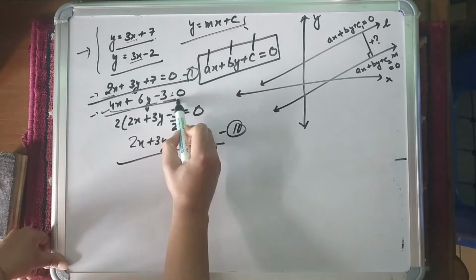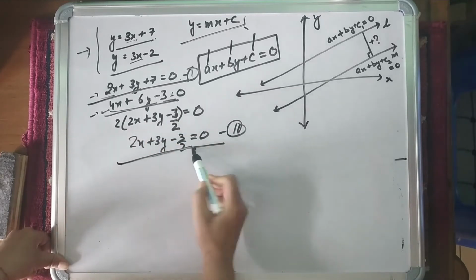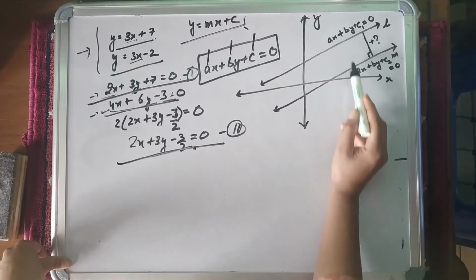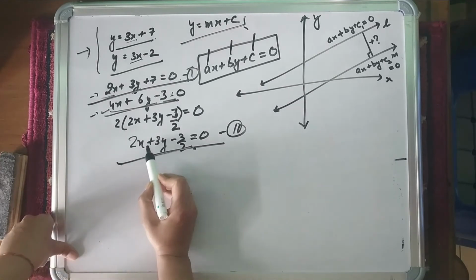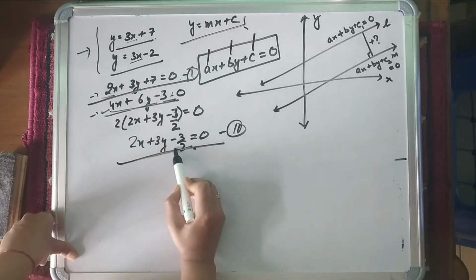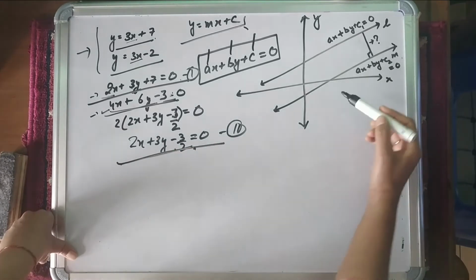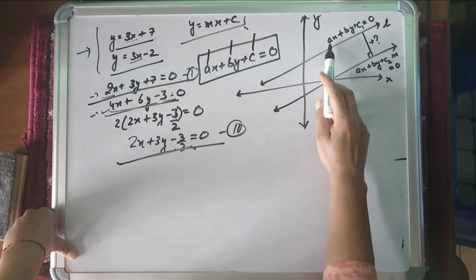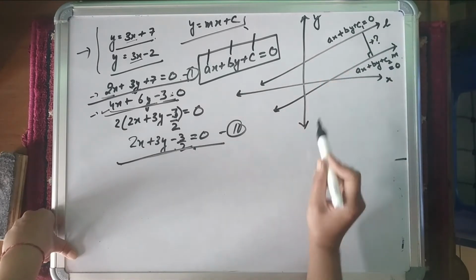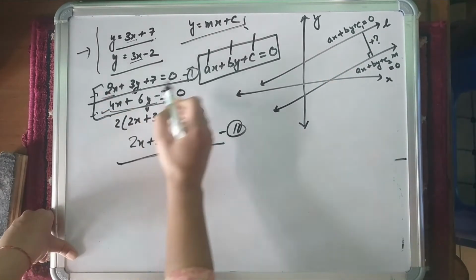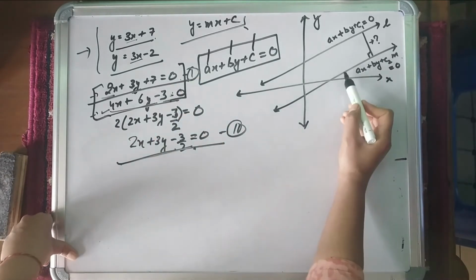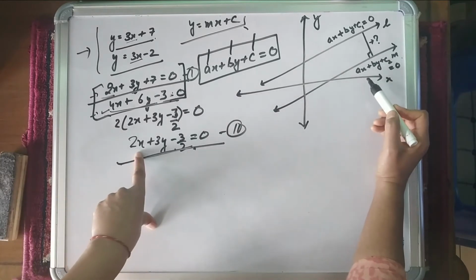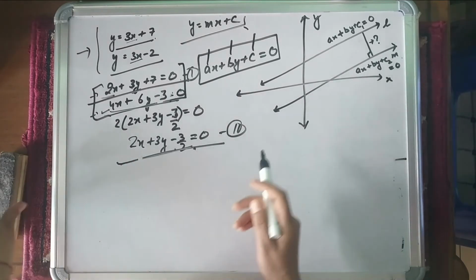If the line is given in this format, it can be converted into that format. So the second parallel line is convertible to this format, meaning parallel lines are convertible into the format where their x coefficient is the same and their y coefficient is the same. If the lines are given in another format, before applying the formula, you must convert them into this format as I have converted. I'll talk about it later also.